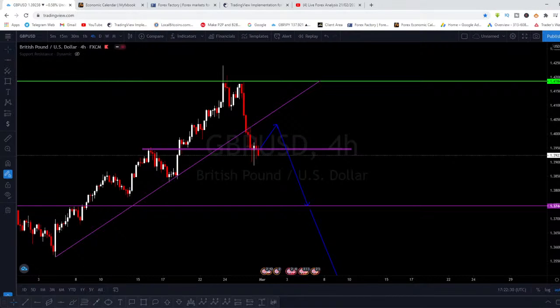Is there any question, guys? If you got any question, you can let me know before we continue with today's analysis, right? So the next pair that we have is what we refer to as CAD JPY. Somebody said CAD JPY, right? So now I'll go back down to CAD JPY if there's no other question on GBP USD analysis, right? So you can let me know, guys. We got 16 minutes left in order for us to round up this live stream.